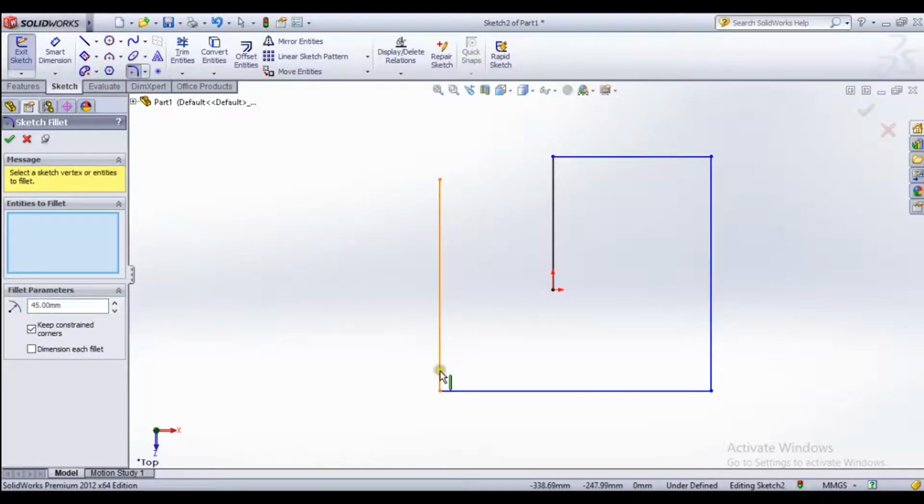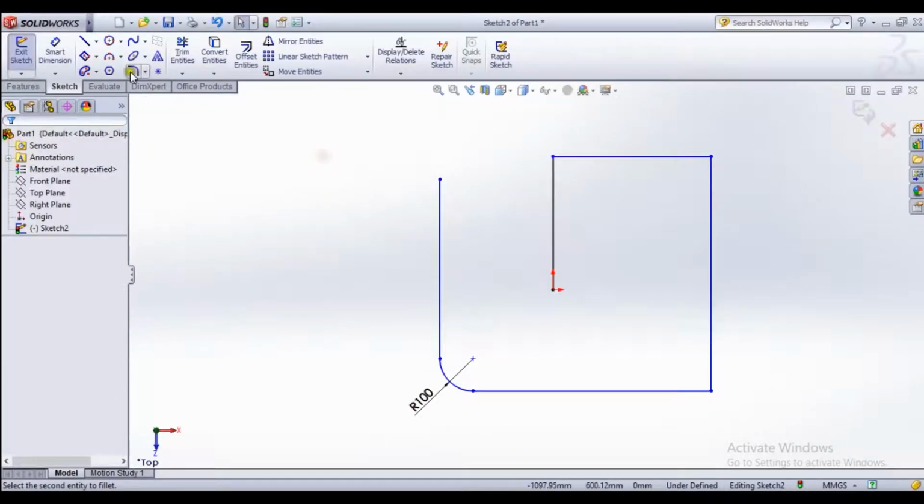How smooth this is, you see, it's 45. When we use 30, it's going to smooth. We are going to 60, so we can change the parameters and check how this fillet works. See, 100 radius, it's combining these two lines by smoothing the corner.